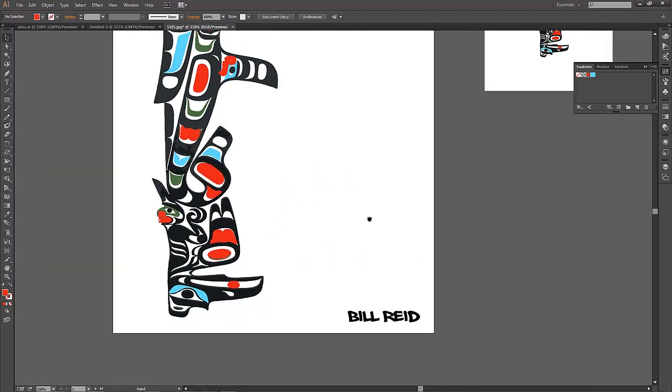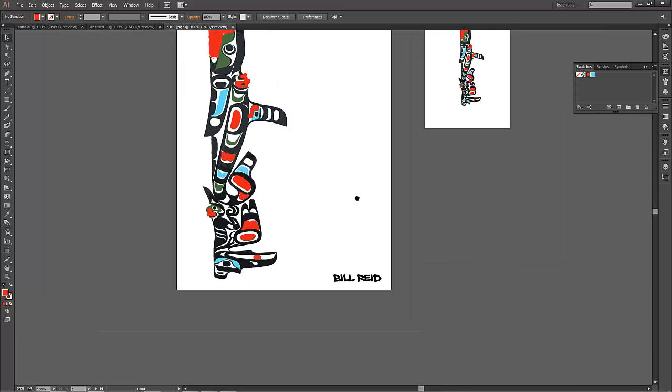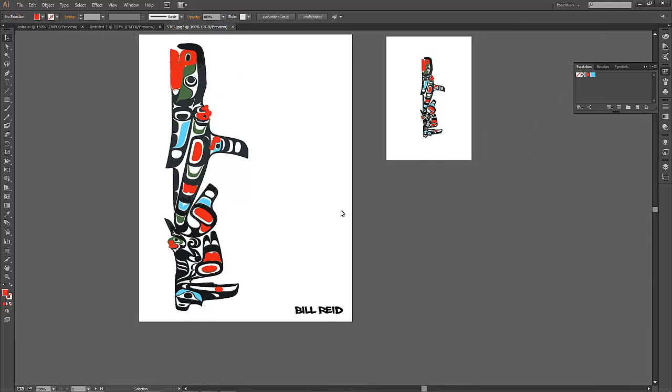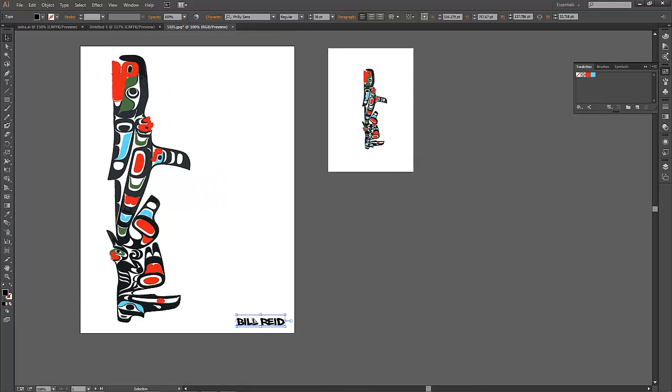One last thing, and this is a little quick trick that is definitely important for print. But let's say I want to now export this graphic. I want to make sure that everything is proper for export, so that if I was to open the file in a different program or in a different version of Illustrator, or I just don't have that font installed on, let's say, my laptop,